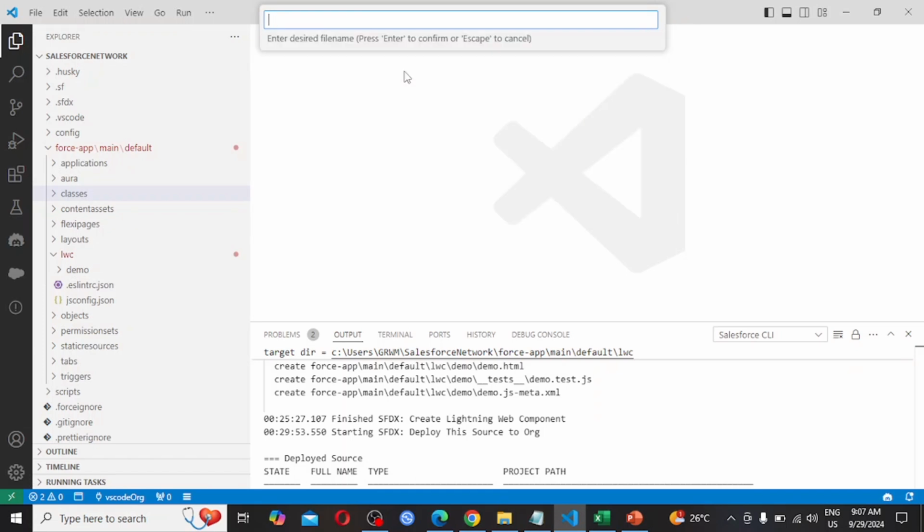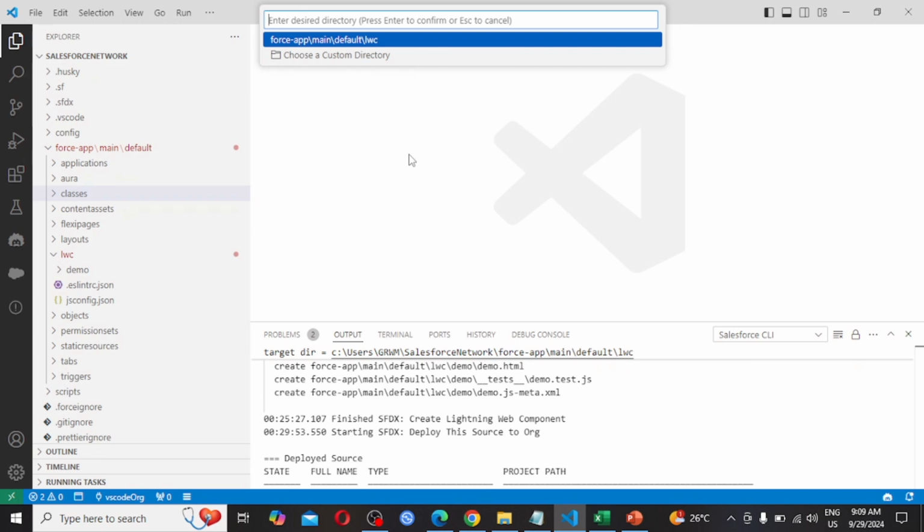Select this. Then it is prompting us to enter the desired file name. Press Enter to confirm or Escape to cancel. So here I am providing the component name. I am going to create the Lightning web component by the name accountList. Pressing Enter to confirm.